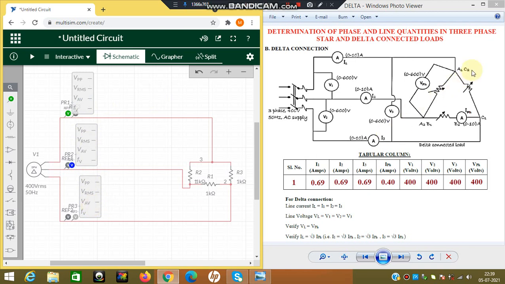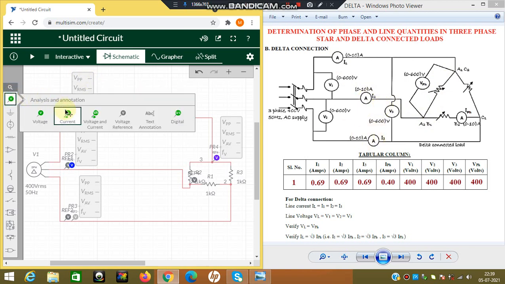Then I need to have V phase across A1 C2 point and A2 B1 point. So it means at this node and at this node I need 1 meter. So again take a copy of this. You can take a fresh meter and you can place it over here instead of taking copy. But do not forget to change the values from the instantaneous to the periodic value. So here you can see the V phase meter. I have taken this point with respect to this point, like A1 C2 and A2 B1, and finally it is the time to place the ammeters.